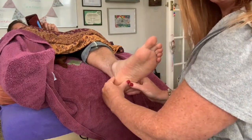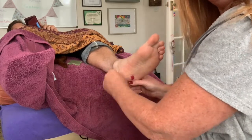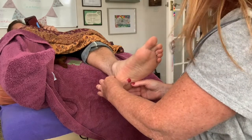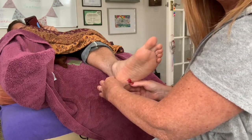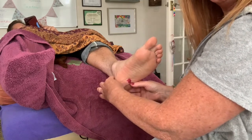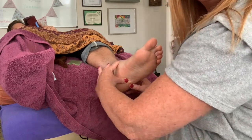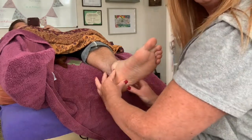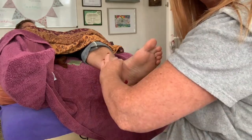organs. Thumbs here, just rest, fingertips massage nicely and smoothly, moving in almost like a spiral, if you like, into those lovely points, medial and lateral for the ovaries and testes and the prostate. So the uterus, ovaries, prostate, testes. Yep, and then coming up this natural depression where the talus joint is, I'm using my fingers to walk up there, and that's the fallopian tubes and vas deferens there, little rub here,